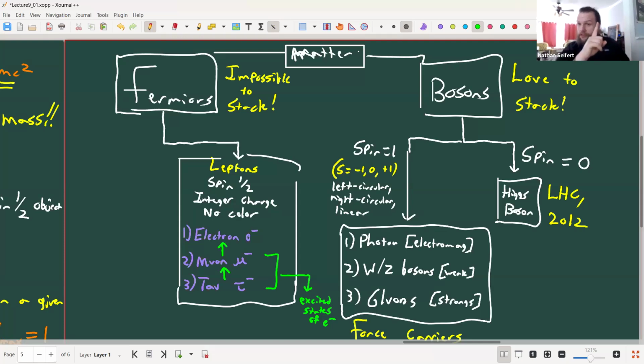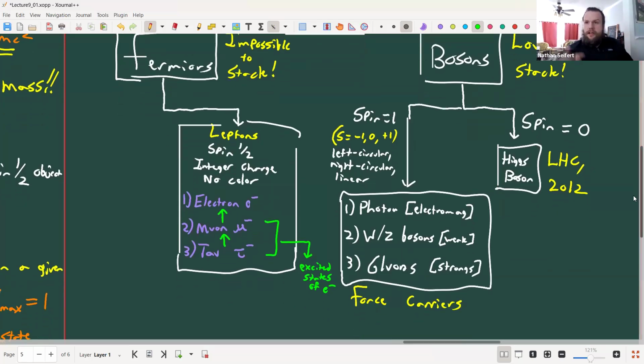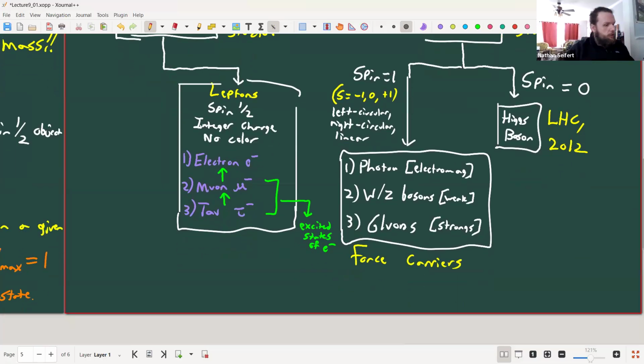Interestingly, and no one knows the answer to why this is, there is nothing beyond tau. No one's been able to find a fourth. There's an additional set of particles that also count in here that are neutral. So then we have spin 1/2 neutral particles, and these are called the neutrinos.